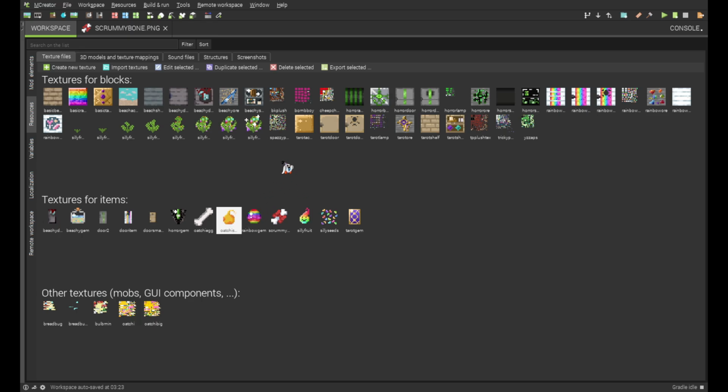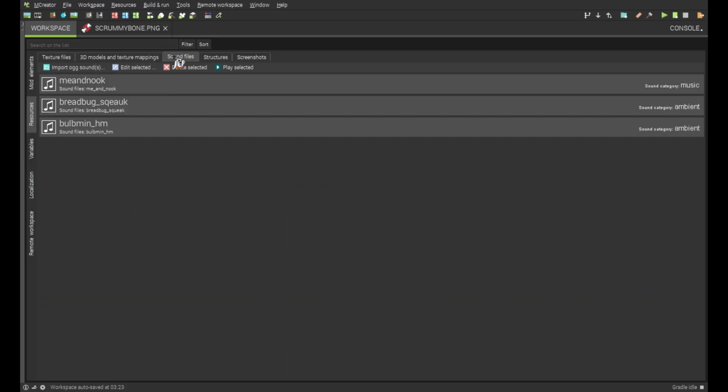There's one last thing that I want to import before we begin, and that is the sound file. I have my bread bug squeak and my Baldman sounds. These are the sounds that I use for my entities, my bread bug entity and my Baldman entity. So I want to import one for Ochi as well. I have a bark sound file for Ochi, so I'm going to quickly open Audacity and I'll show you how to convert it so that it works with